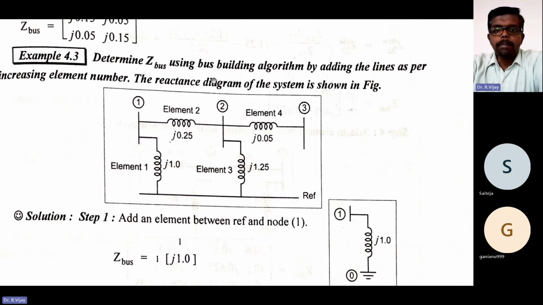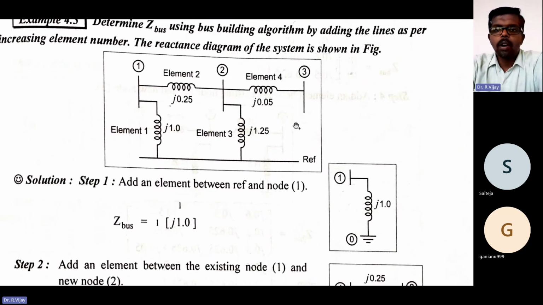Determine Zbus using the bus building algorithm by adding the lines as per the increasing element number. The reactance diagram of the system is shown in the figure below. Okay, this is the reactance diagram they have shown in the figure. So first, for example, 3 nodes are there, and 1 reference node is there. From 1 to the reference node, the element is